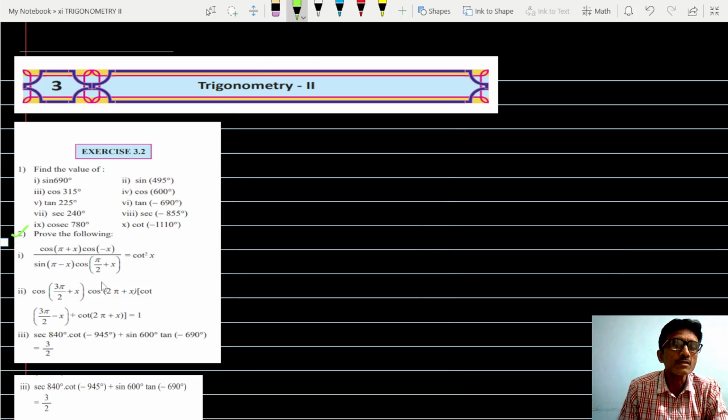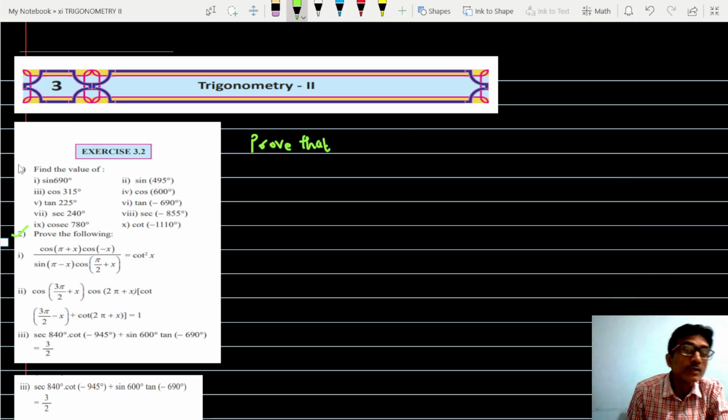Here, see all these questions, they are based on allied angles. So here you have to prove that cos of pi plus x into cos of minus x, upon sin of pi minus x into cos of pi by 2 plus x, is equal to cot square x. So here, cos of pi plus x,